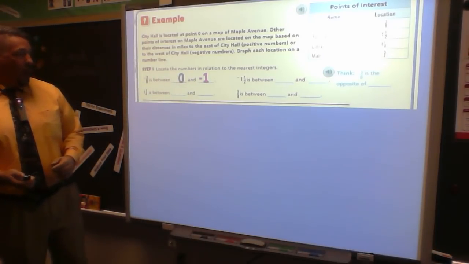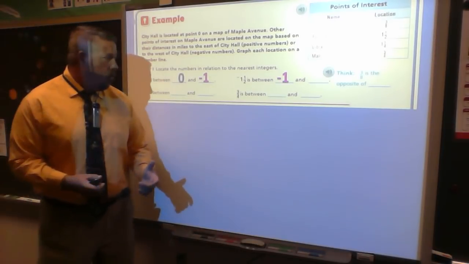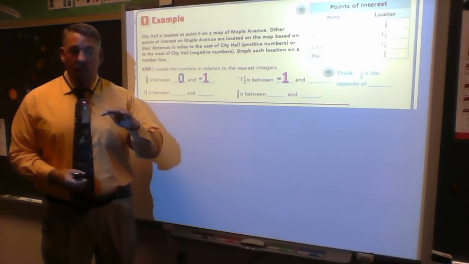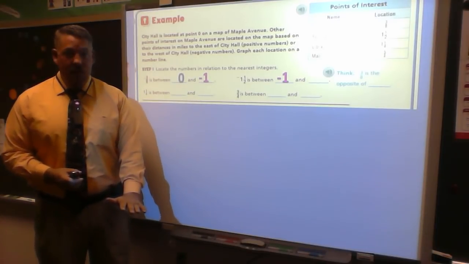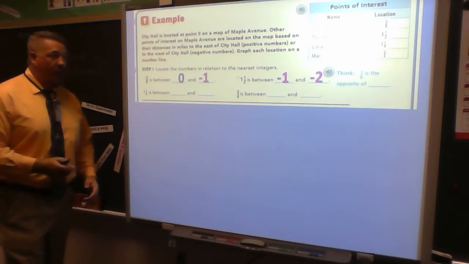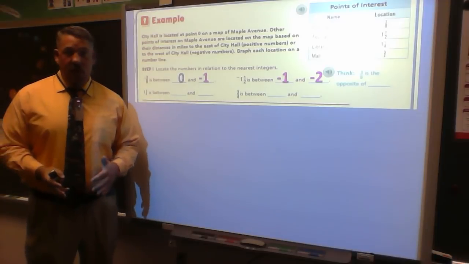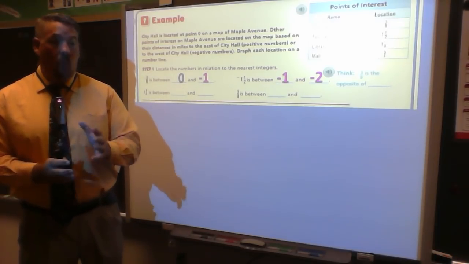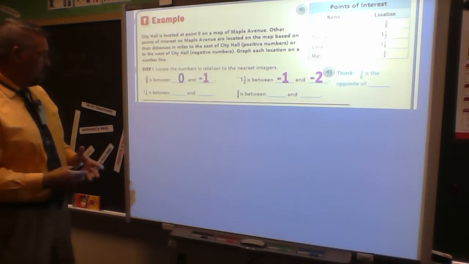When I go to negative 1 1/2, I know that it has a negative 1, so I have to at least go that far. But it's a mixed number, it's greater than negative 1. However, it doesn't quite get to negative 2 because my whole number is negative 1. So it has to be plotted between negative 1 and negative 2. Once again, the whole idea of this lesson is just being able to figure out where they should be plotted